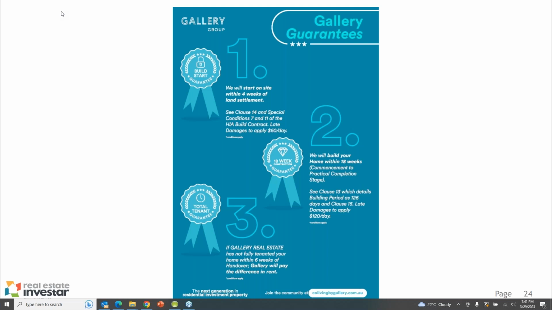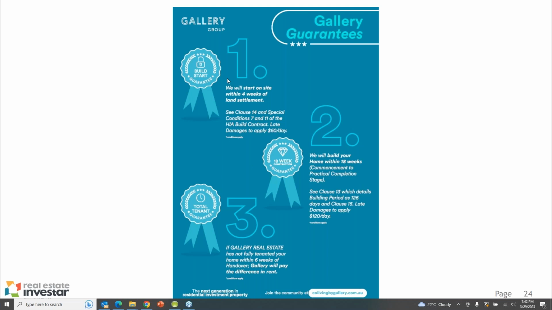The benefit with Gallery Homes is they're a good sized builder. They own their own land developments, so they've got control of the land. Anyone that's gone through construction understands that when developers release the blocks, sometimes the title dates can push out and it can delay construction. The good thing about Gallery Homes is they actually own the land, so they're in control. They also have their own trades, so they're not relying so much on sub-trades to complete the builds. So they've come up with a build guarantee that is pretty fantastic.